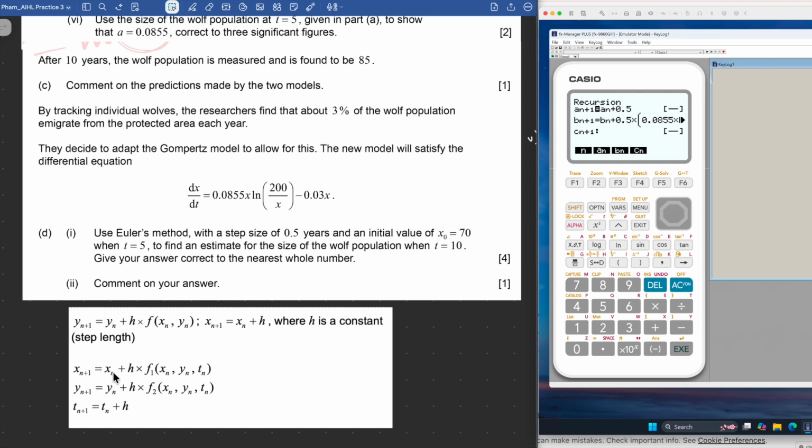Okay, let's check the equation one more time. Here, xn+1 equals xn plus the step size times the function. So bn+1 equals bn plus the step size 0.5 times the function. The function is 0.0855, and then bn is the x here, times ln of 200 over bn, and then minus 0.03 times x, which is again bn. Do not forget to hit the execute button here to save the function,